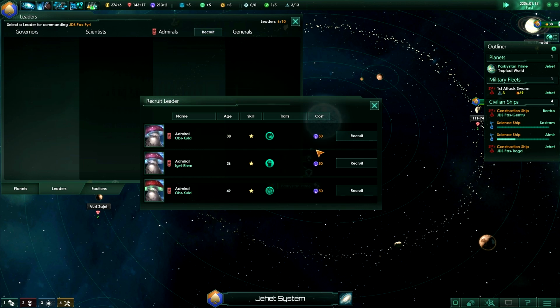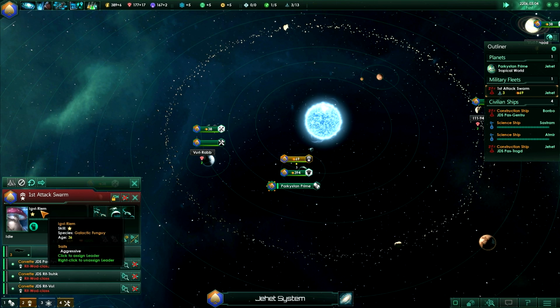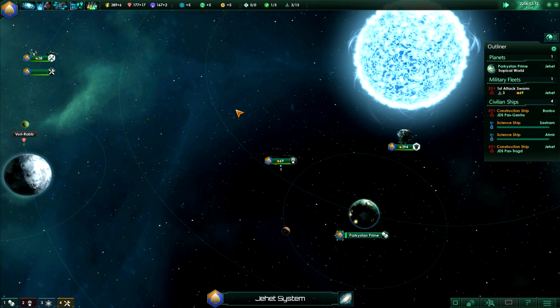Okay, so we can recruit one of these 3. We've got aggressive, fire rate plus 20%, leader experience gain plus 15, and ship upkeep minus 15. Okay, so do we want aggressive? Do we want experience or minus ship upkeep? I think we'll go for the good old aggressive. Sure thing. Okay, so we've assigned Igv Riem to the first attack swarm to go and find us a space